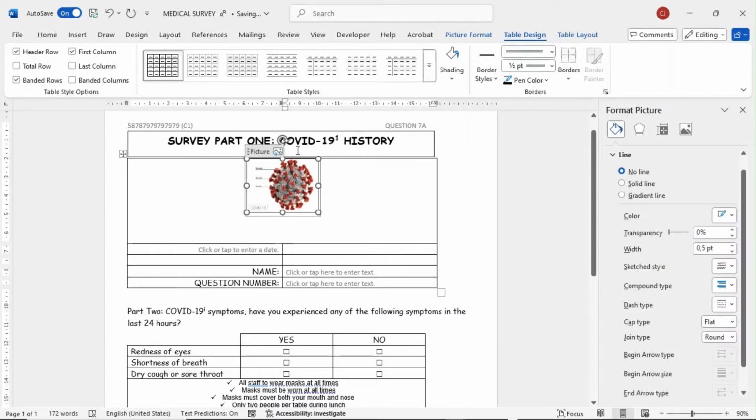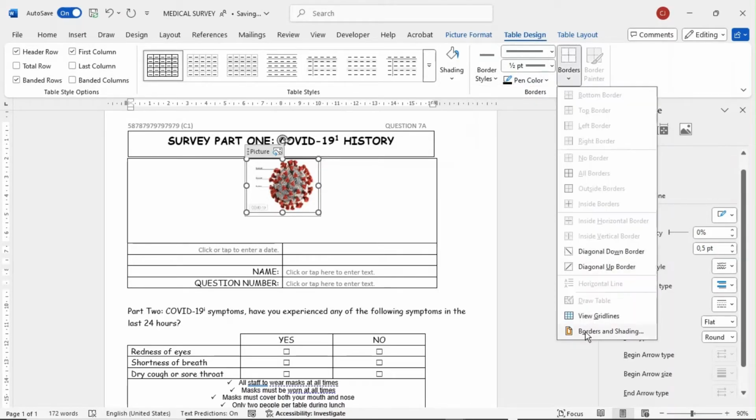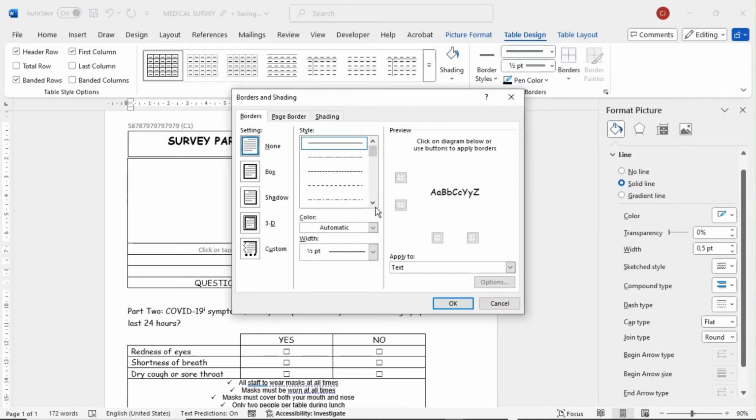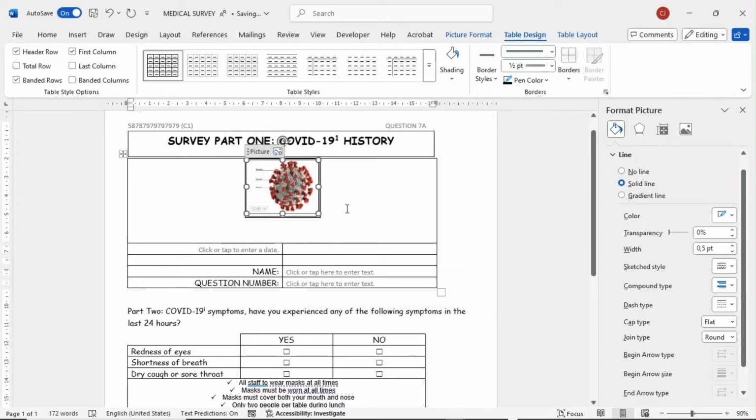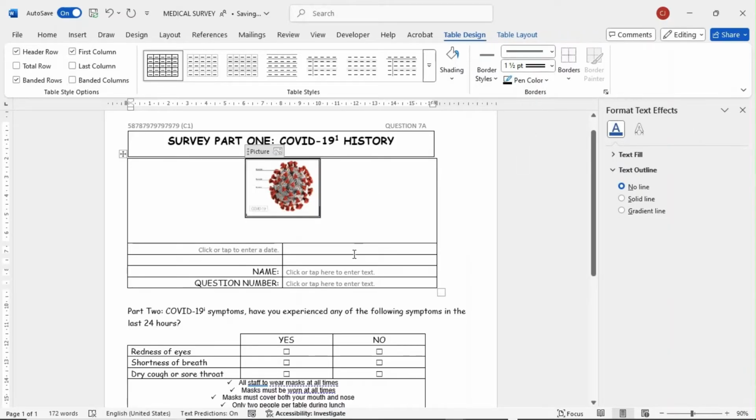Okay, we select the picture, go to table design, select borders, go to borders and shading, select double line border, and then the size needs to be 1.5. Because I say 1,5. See, okay, it's correct. There you have your double line borders.